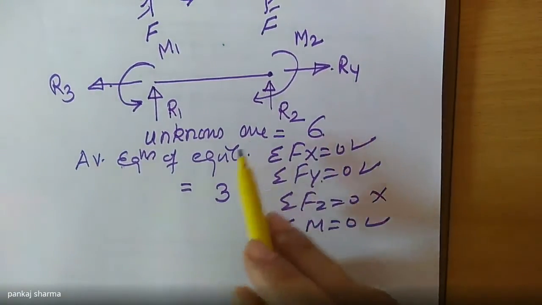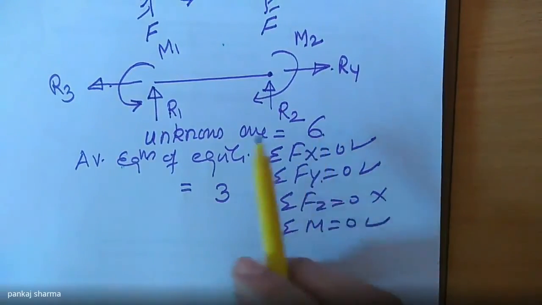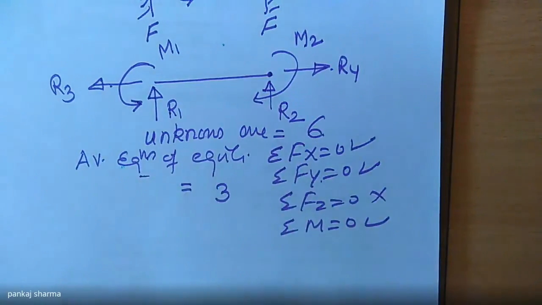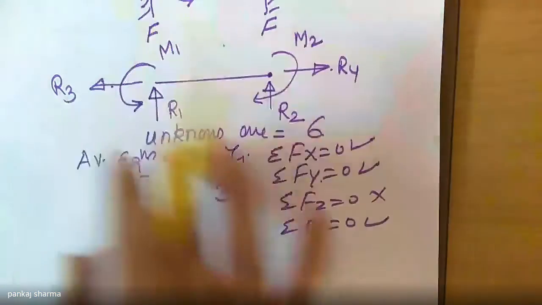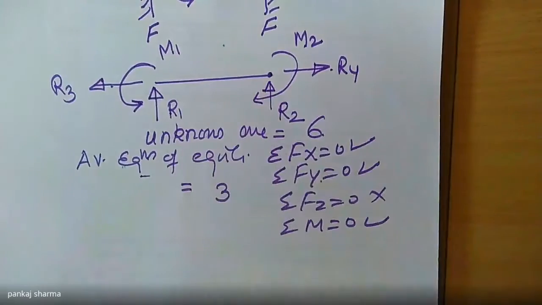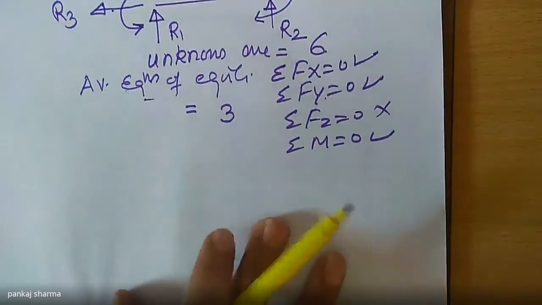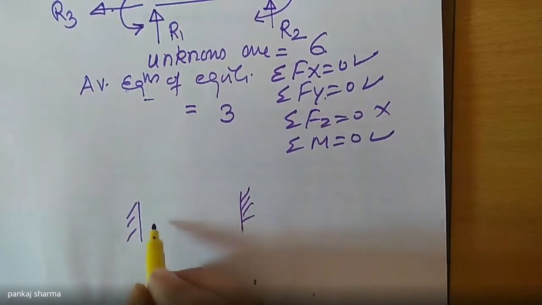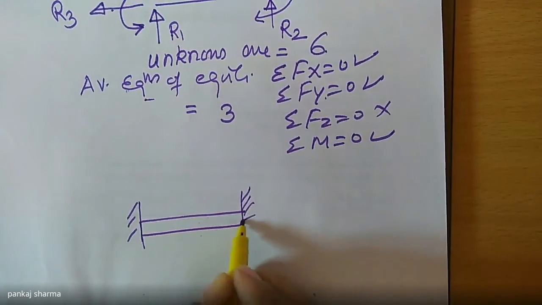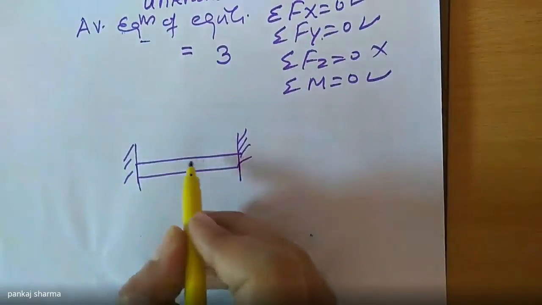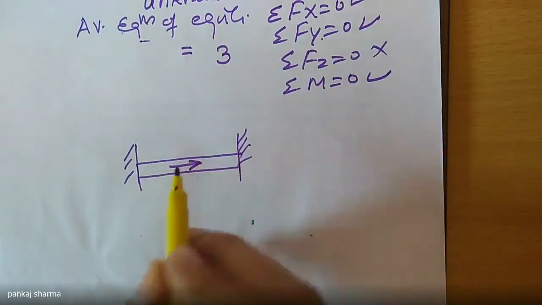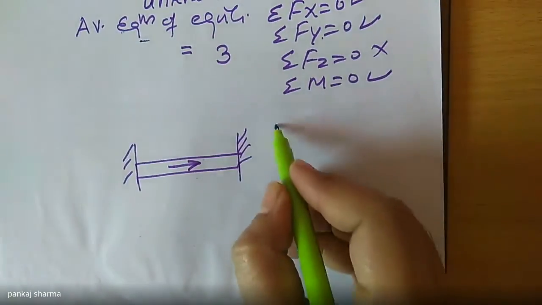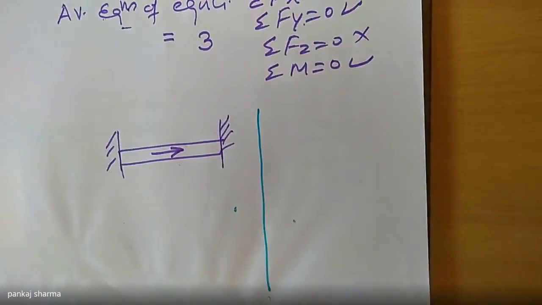So as per the laws of mathematics, we can't calculate the values of the unknowns with the help of the equations of equilibrium. Just to simplify this problem, which is a typical problem, I'm going to a simple, reduced problem just to understand the concept. Suppose it's a very simple problem, and this beam is subjected to only axial force.